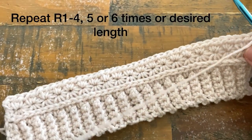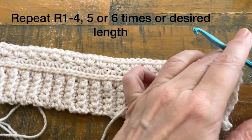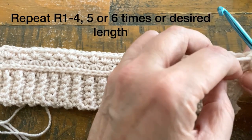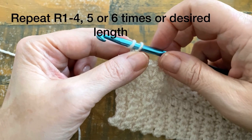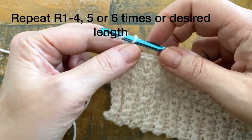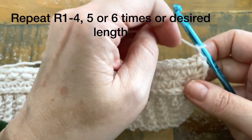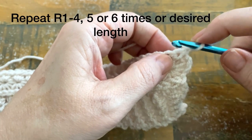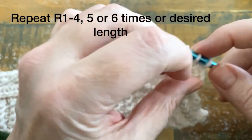So what you need to do now is repeat rows 1 to 4, and if you do that another 4 times, because row 5 we're going to make slightly different, because we're going to make a space for the thumb. So you would start by chaining 1 and single crochet into every stitch, starting with that second stitch from the hook. So you single crochet all the way along,